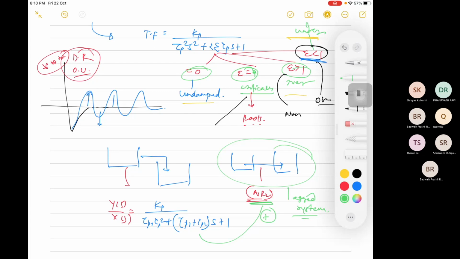So it is easy, and they will ask servo and regulatory everywhere. Servo is like the set point is not changing, you just need to remember that. Regulatory will be the opposite of that. So that will be done, and I will start it in the next class. So you don't need to worry about the controller and everything. This we will cover. Now your remaining portion is higher order systems. So we'll plan a 2 hour lecture next week, or maybe I'll inform you on the group so that you will get the information.